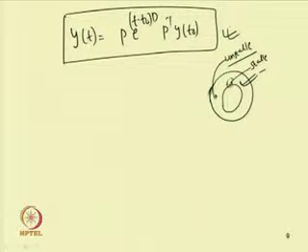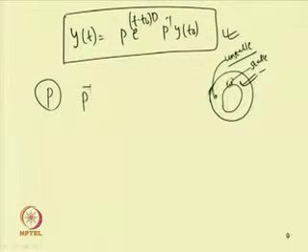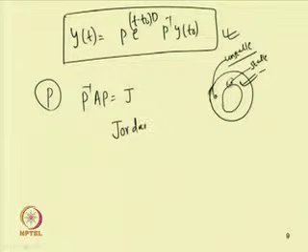In this case we have seen what happens when we take distinct eigenvalues. Instead of distinct eigenvalues, if some of the eigenvalues are not distinct, then we can find a matrix P such that P inverse A P will be equal to J, which is known as the Jordan canonical form.